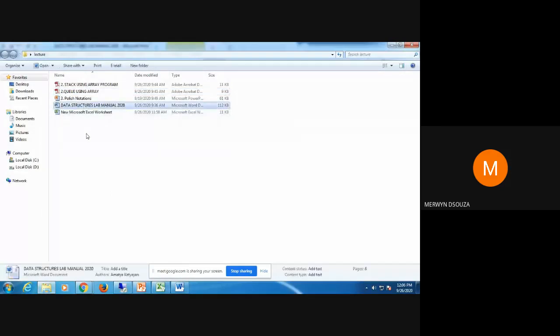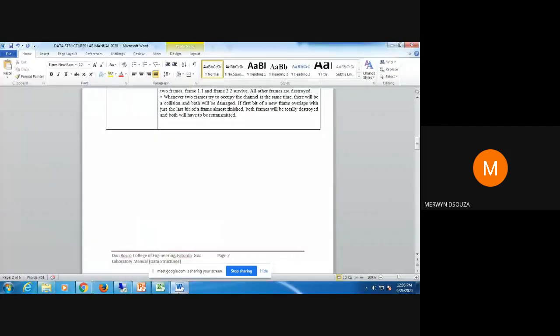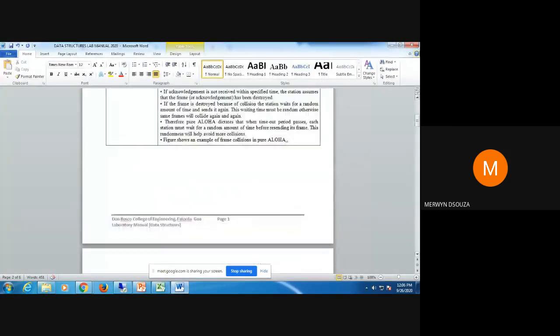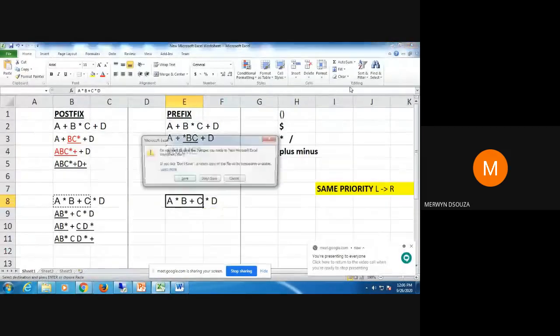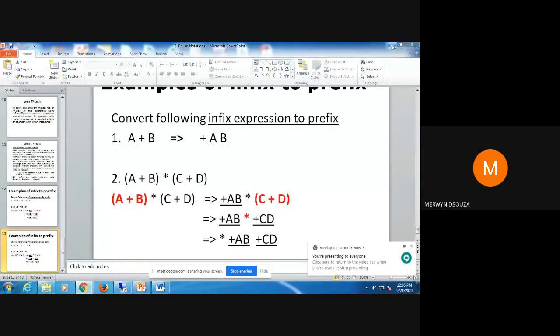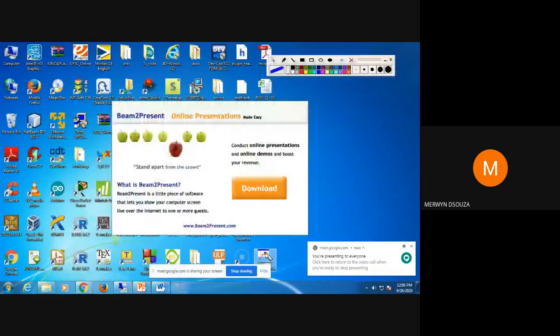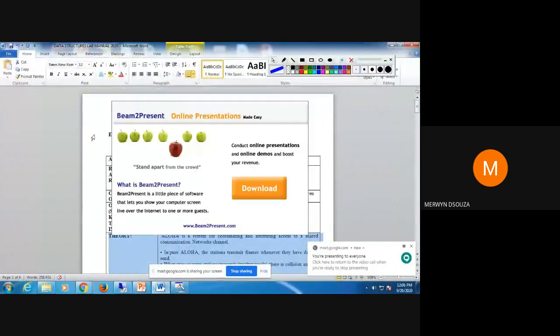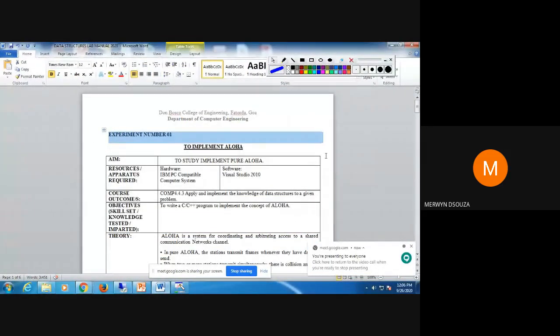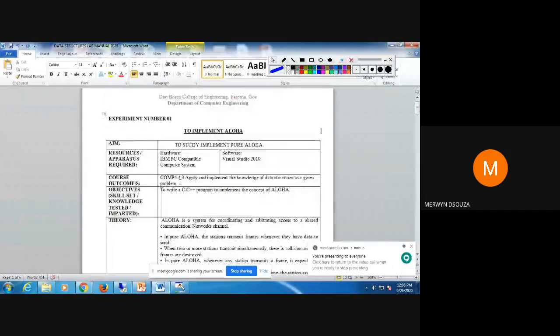I'll post this lab manual for you. And then I expect you to do, besides this, this is just one part of it. For your programs, you are going to save your program soft copy. Besides maintaining this soft copy of your lab manual like this, you're also going to write one file.